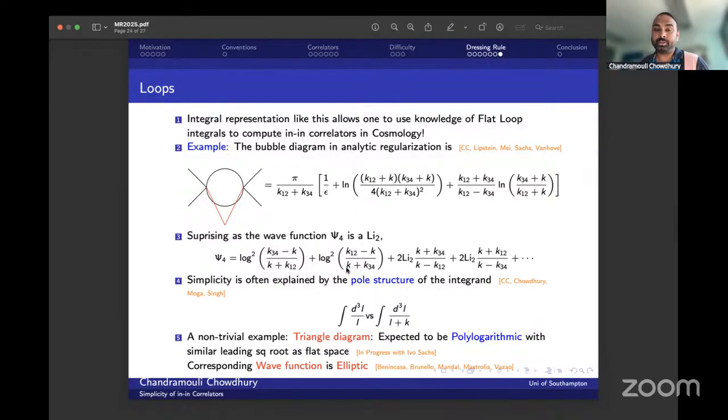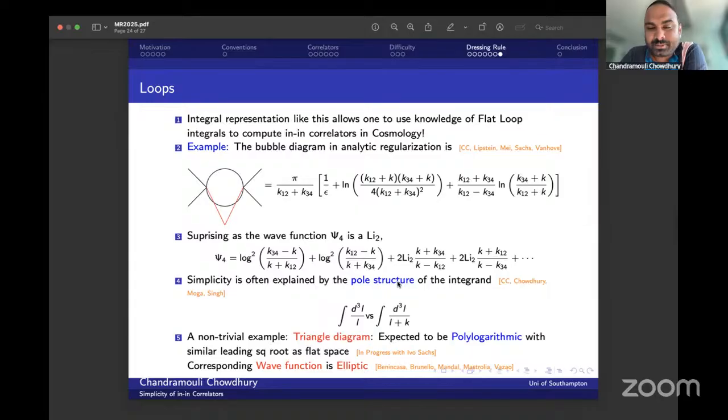So the in correlator, you can imagine, is a combination of various terms from the wave function coefficient to find this simple structure. But using this integral representation, now it's just a one-shot thing. In fact, it tells you a lot more. This kind of simplicity, that the in correlator does not have these dilogarithms or log squares and so on, but simply has these logs,